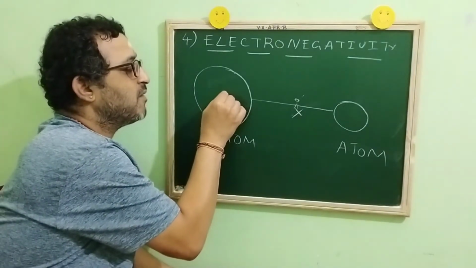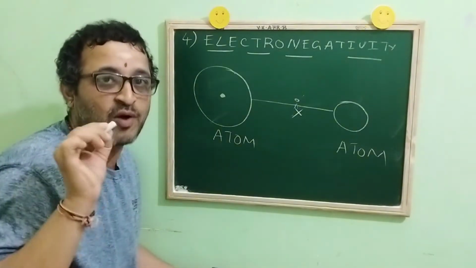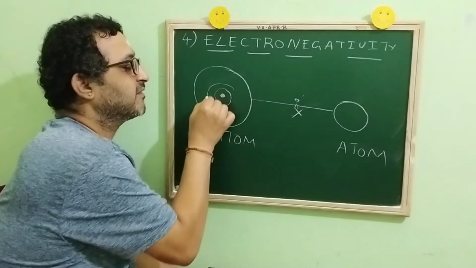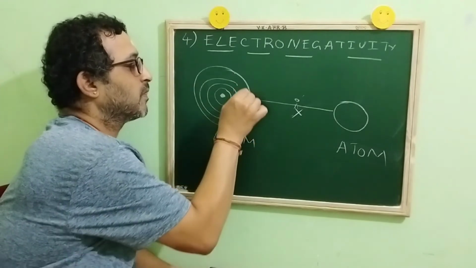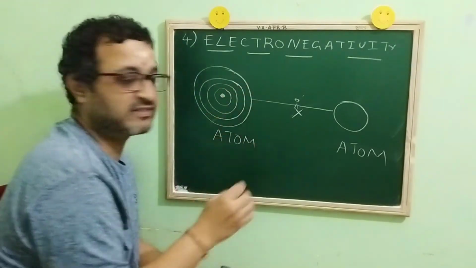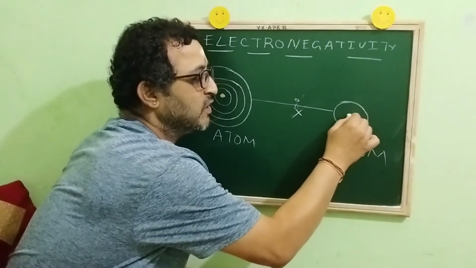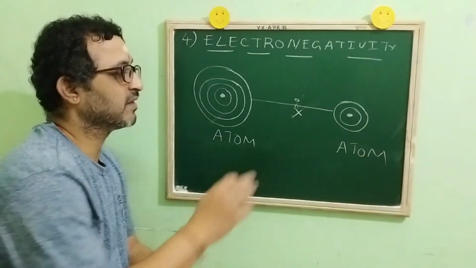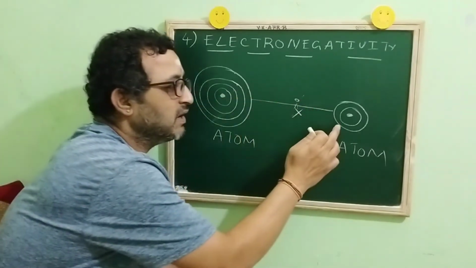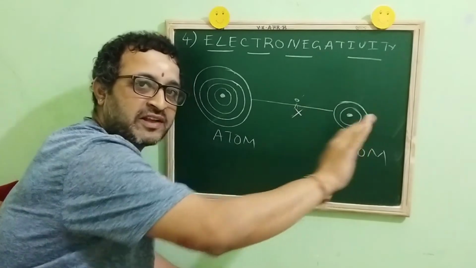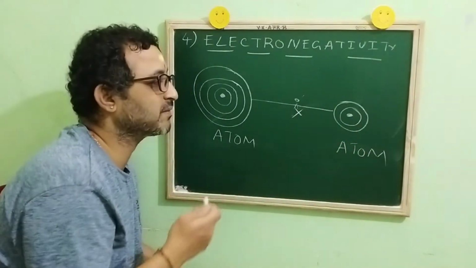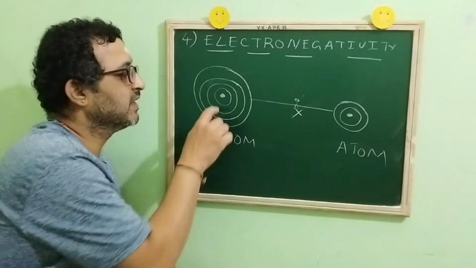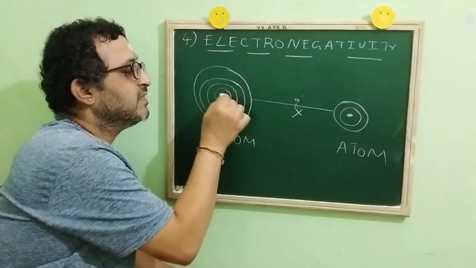In an atom we have a nucleus whose charge is positive due to the presence of protons, and we have shells like this. This atom also has a nucleus whose charge is positive, and we have a shell, something like this. So according to the example, this smaller atom will pull the shared pair of electrons closer to itself. Why is the bigger atom not able to pull this shared pair of electrons towards itself? In the bigger atom there is more